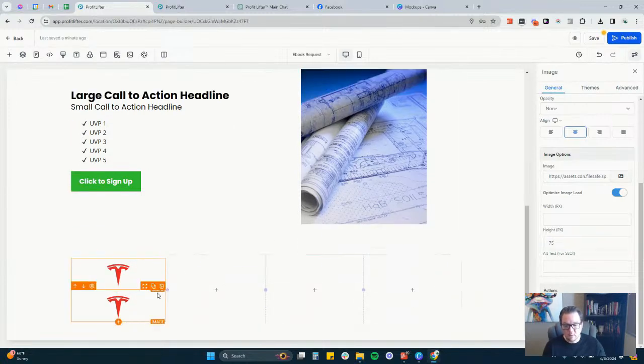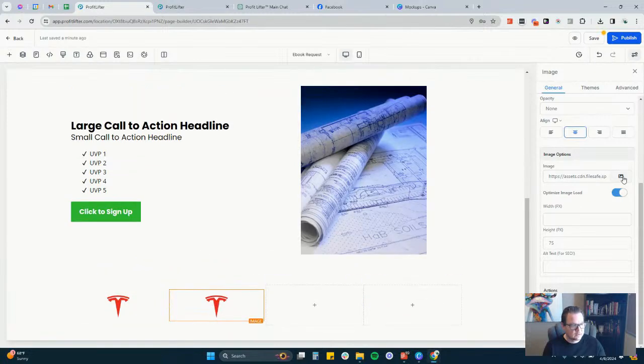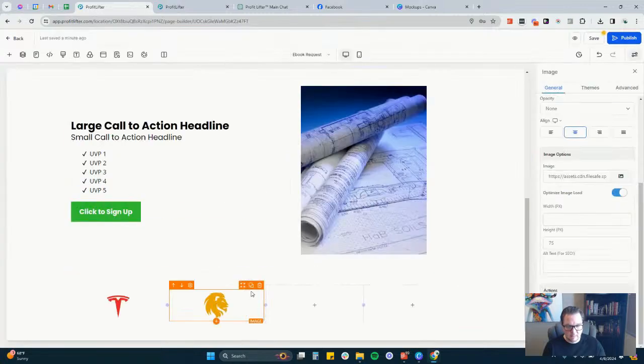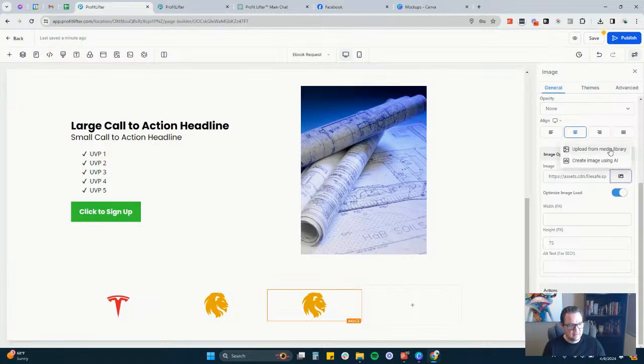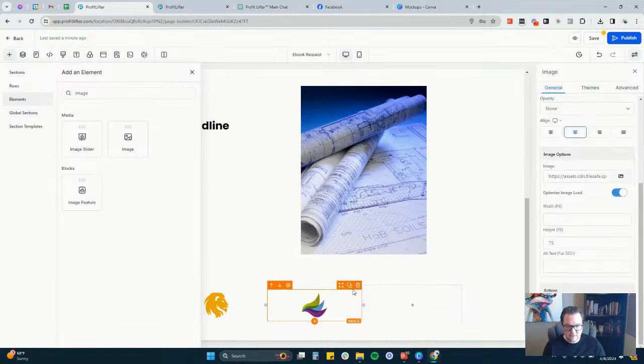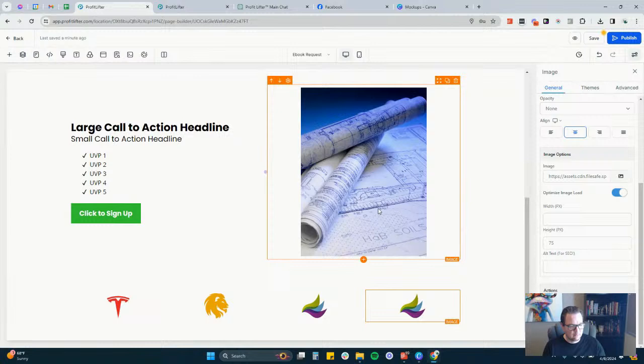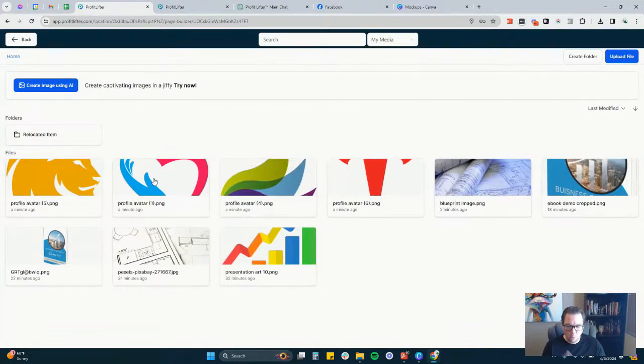The reason I want to do that is because as we start adding these different logos in here, it's going to automatically keep them sized so that it's symmetrical across this section, and that's a really big thing. When you're designing, whether it's graphic design, websites, funnels, any of that stuff, one thing you always want to keep in mind